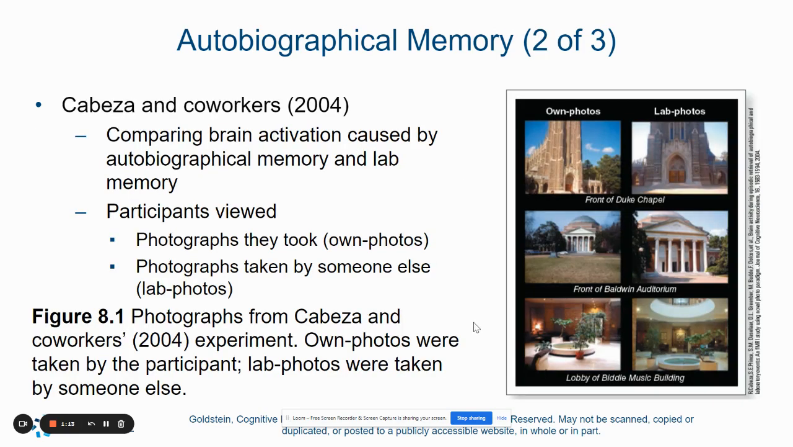Autobiographical memory has also been studied with Cabeza and coworkers in 2004. So that was kind of a time when memory work was pretty popular. And they compared brain activation, which was caused by autobiographical memory, and lab memories. And as you can see in the example, these are some of the objects they used, and participants were able to view those things. They took their own photos, and then they had photos taken by somebody else